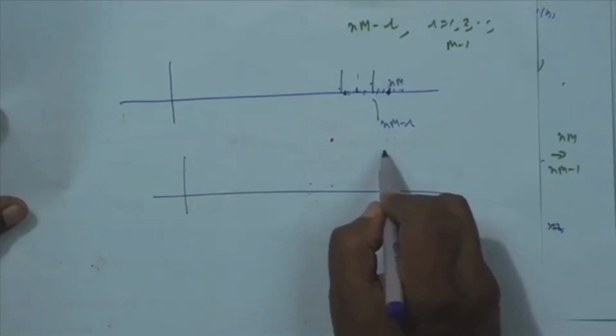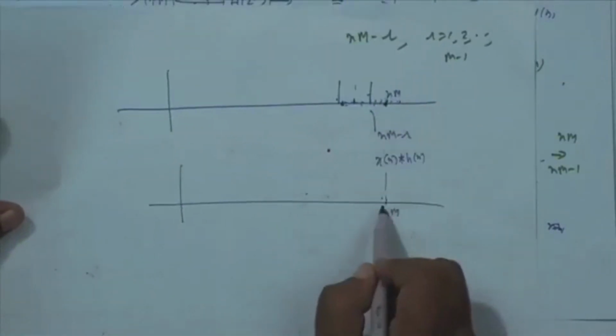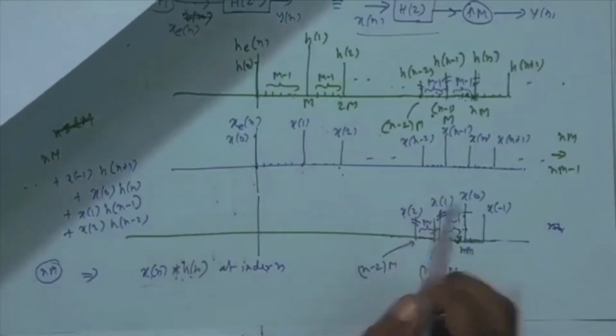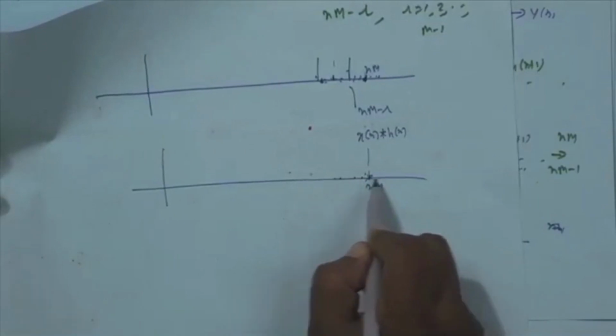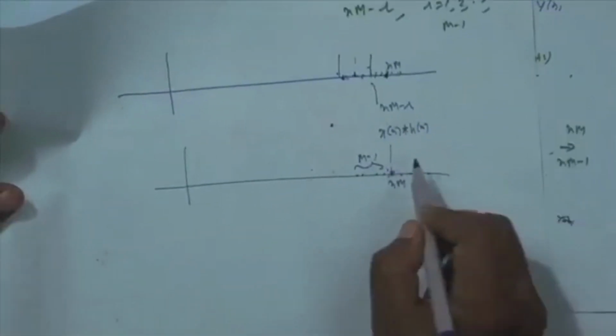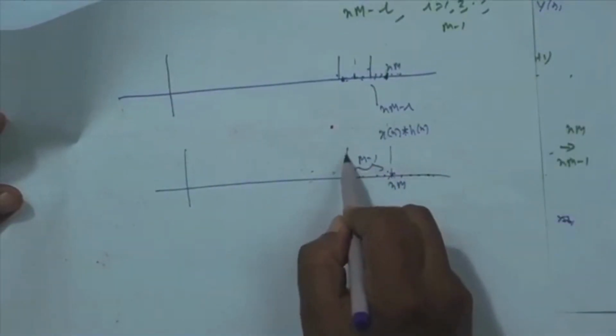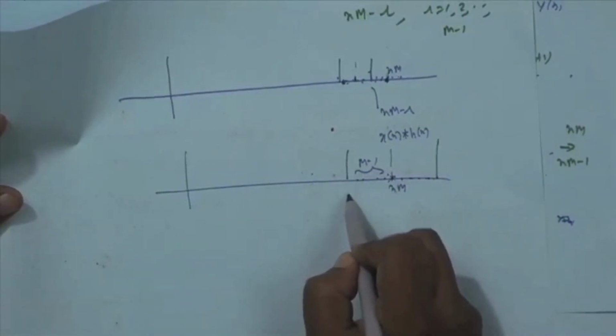At the nmth point the output is nonzero. But if I do not consider the nm shift, if I consider a shift less than that, these points are zeros. At this point the output, by this shift, is 0. So you get 0. Then again, if you go to n minus 1 into m,